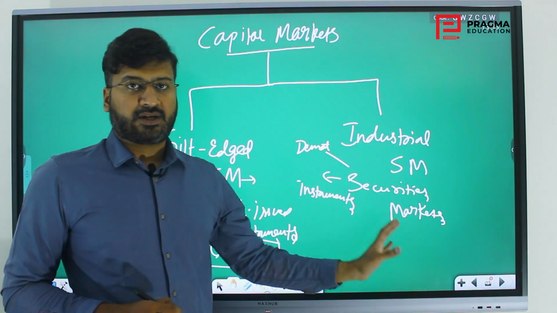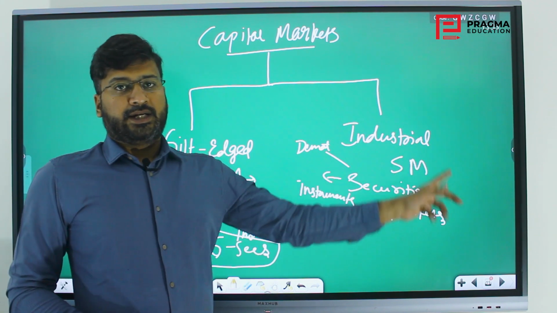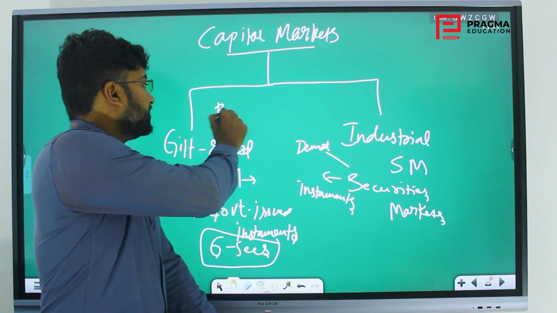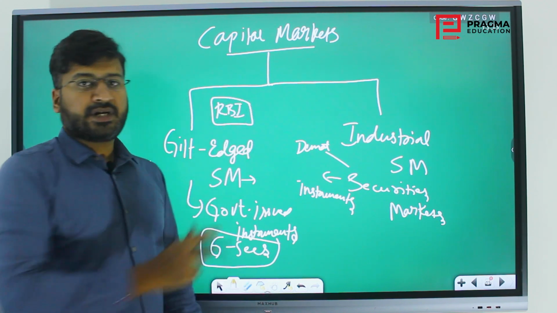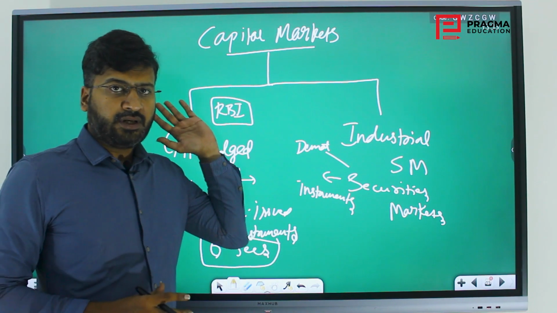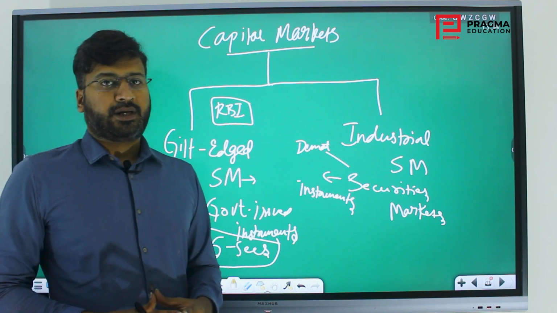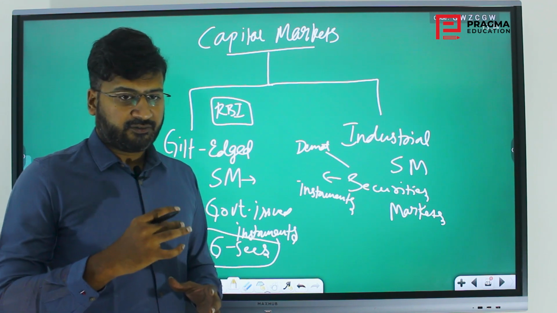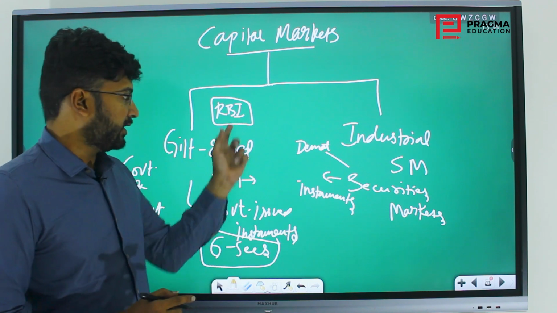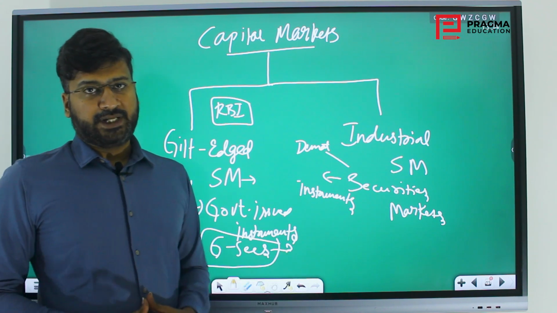While all other private, corporate and other industries in the economy are dealt under industrial securities markets. So what happens in gilt-edged? The government will say, go RBI, you issue some bills and raise some funds for us. If they are short term, it will be done in the money market. If it is long term, they will do it in the capital market, based on the time and what kind of money we are talking about, whether it is liquid money or assets. Based on that, RBI will issue the government securities and raise the funds from the public.